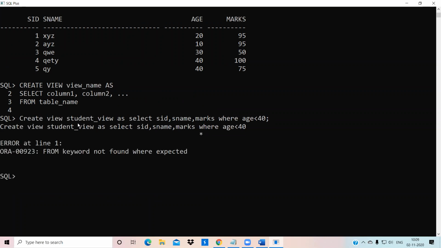What happened now? We got an error, because we have not given from which table. So: marks FROM STD WHERE age is equal to 40.